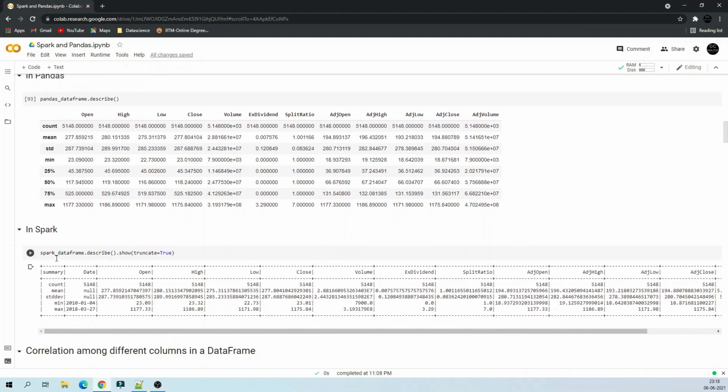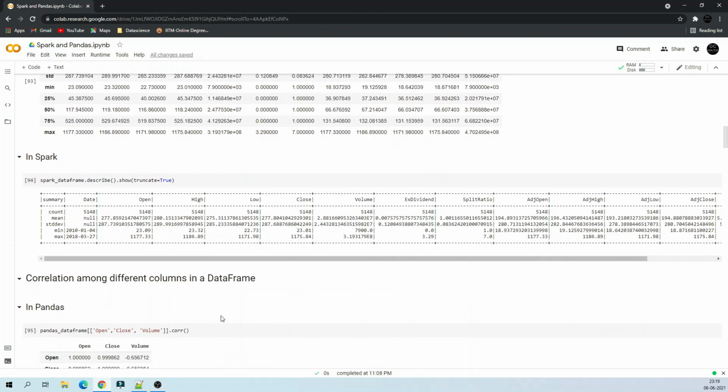In a similar way in Spark, you say spark data frame dot describe, and then you say show, and you will get the 5-number summary here. The only difference between Pandas and Spark is that Pandas also gives me, if I have a date value, the date summary, whereas this date summary is missing from Spark. But Pandas again has more information than Spark. You can see it has around 9 to 10 values, whereas in Spark it is only 5.